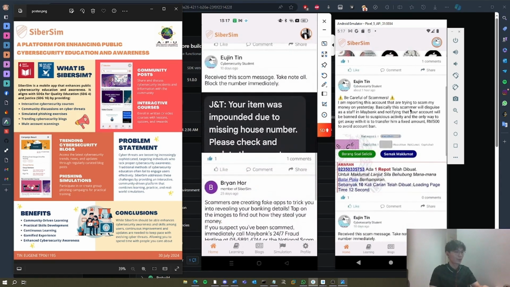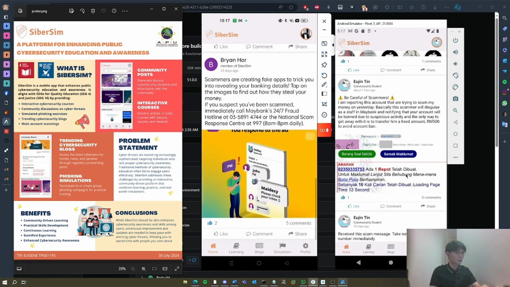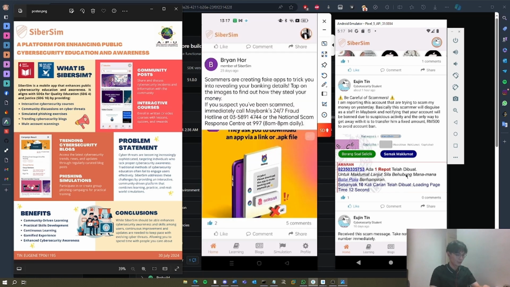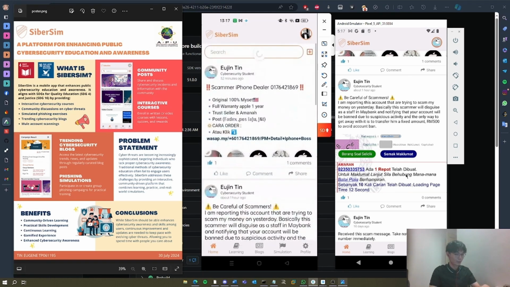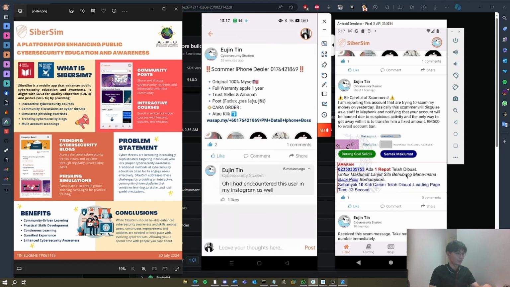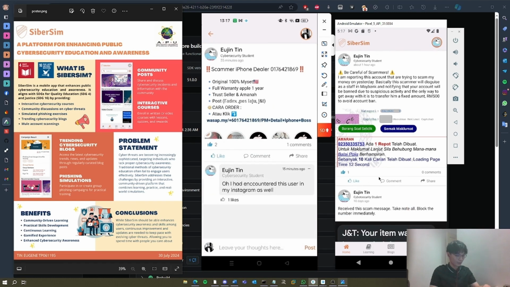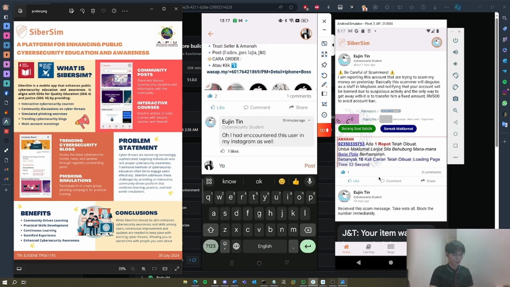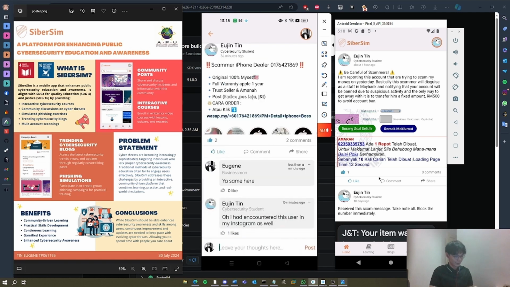So here are all of the details. You can also swipe through to view different post images. You can also interact with the post by commenting on it or liking it, as you can see over here, and then we can go into user details. You can dislike someone's post, it shows no issues. You can also interact by commenting on it, like, let's say if you had encountered a similar situation, yeah, same here. And you can also like other people's comments, to show the relevancy of these comments towards this post,